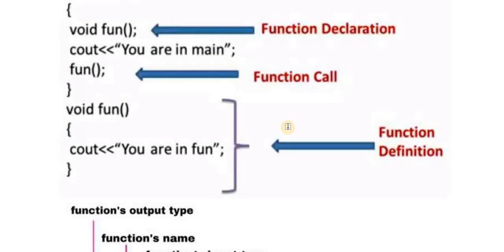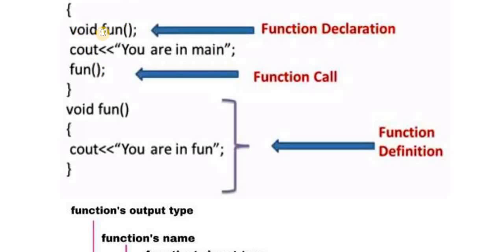Okay, so when we use a function in a program, you can see here void fun. Fun is the name of the function, f-u-n, fun. So void fun semicolon. This line is called a function declaration. If we are not using these brackets, then it will become a variable declaration. But here we are using brackets, fun parenthesis, then it is called a function declaration